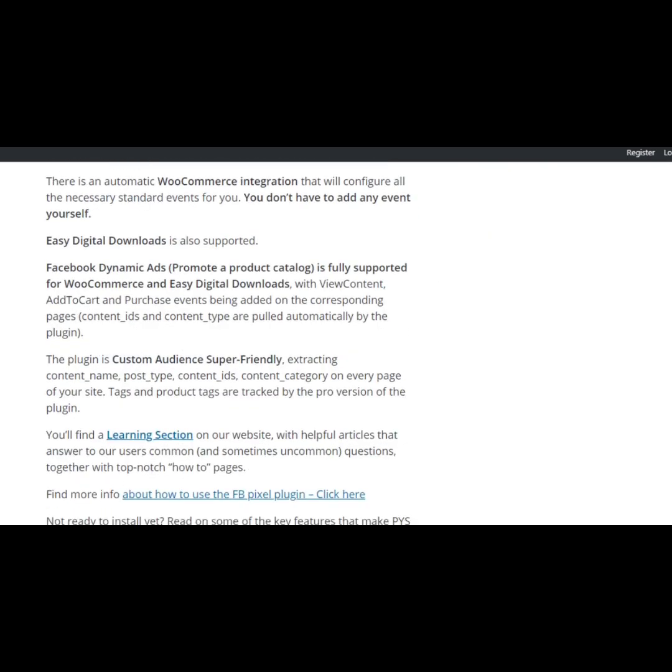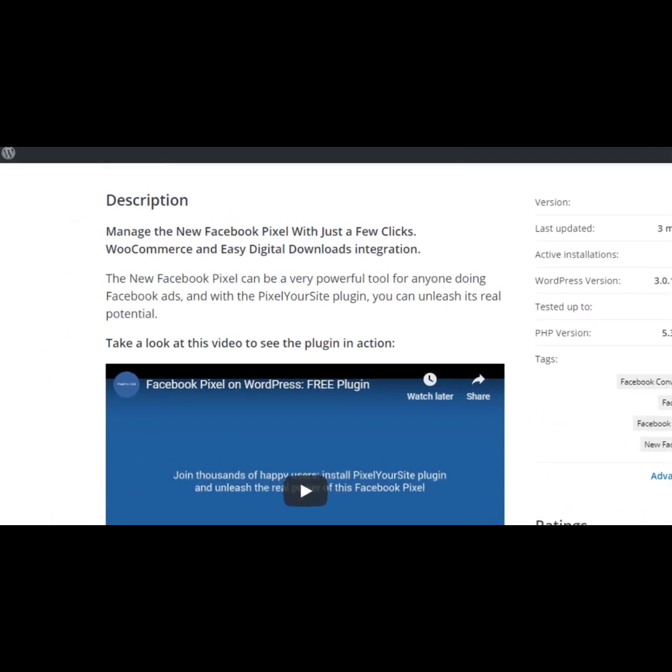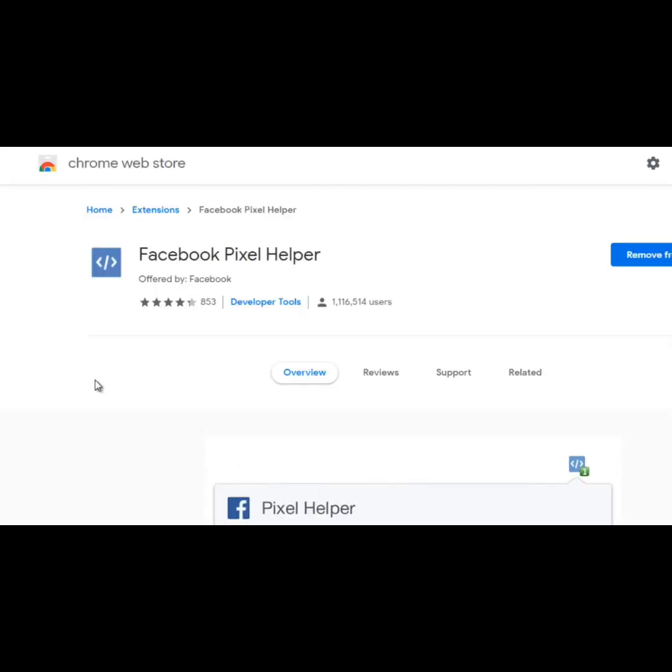So it's a matter of just simply installing the plugin, grabbing your pixel code, and adding it to the settings area. So it's very, very easy, even if what we talked about before seemed a little bit daunting. Now, once you have everything installed, the next thing you're going to want